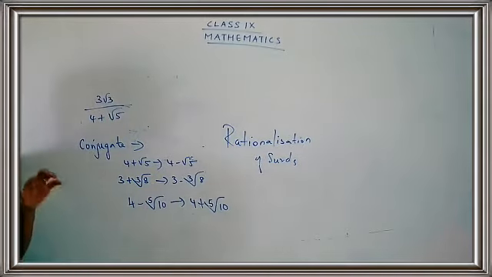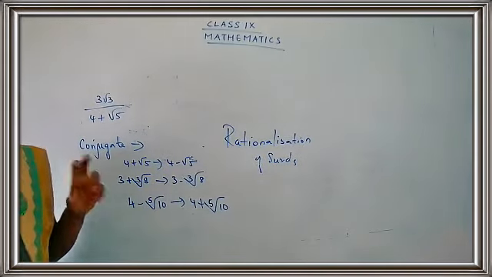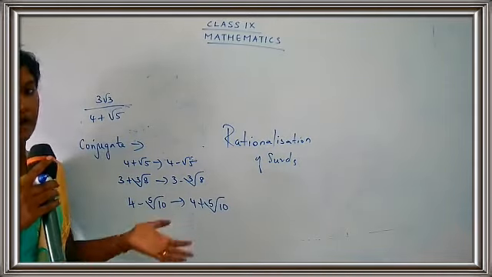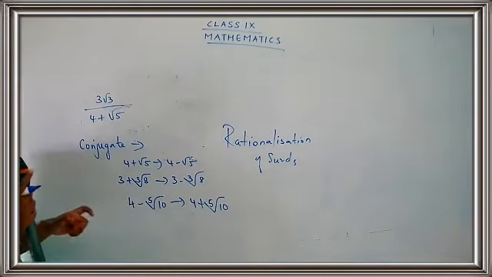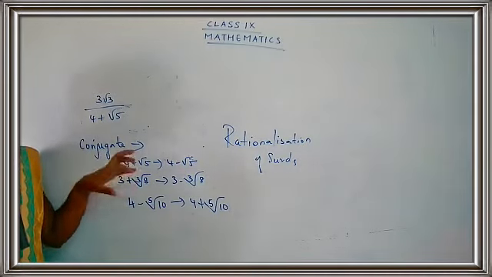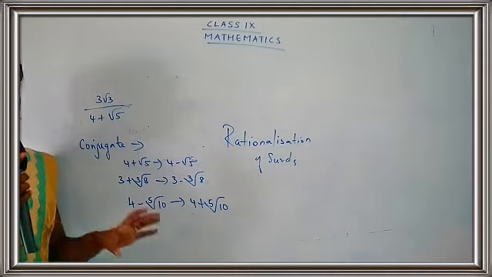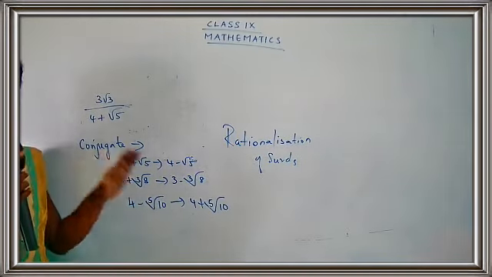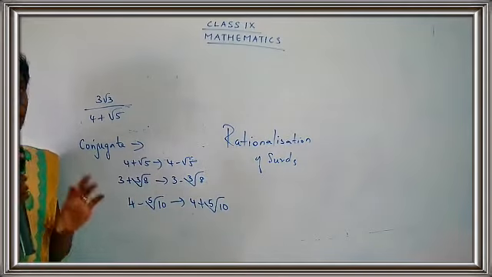This is how you have to rationalize. So when we rationalize a compound surd, you have to take the conjugate of it and rationalize it. Okay, children, are you getting my point? Mostly the rationalization will be done in the denominator part because we never keep the denominator as an irrational root. We have to keep the denominator as a rational number. Are you getting my point, children?